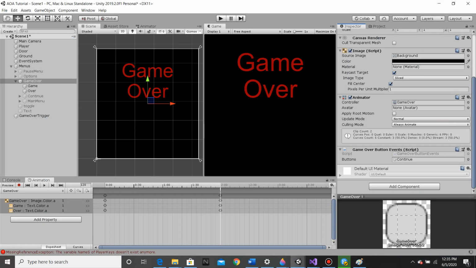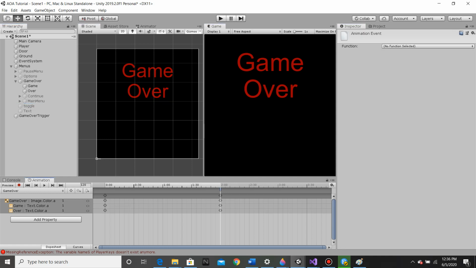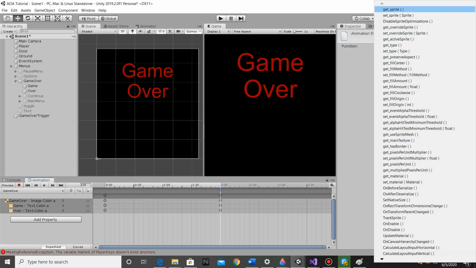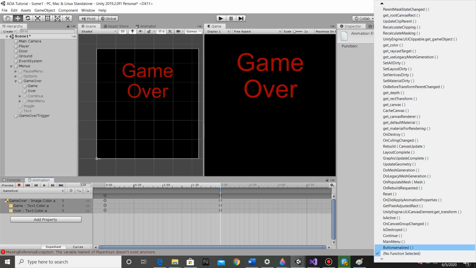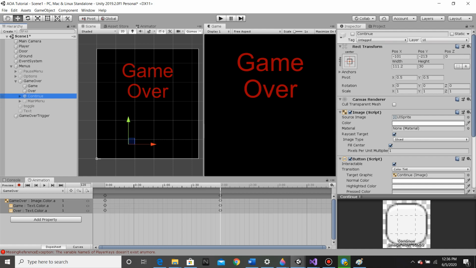under the game over events, when it loads, it should show both buttons. So now I want to drag continue to this game object and drag the main menu to this, and then make this event, if I go all the way down to the bottom, be the buttons enabled. So now, when this happens, then these should be enabled,